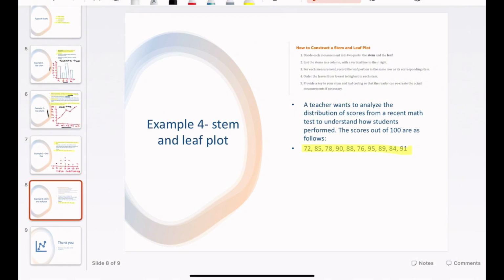So first step is you're going to divide the measurement into 2 parts. So the stem and the leaf. And you are going to draw a line. And so the stems are going to be the tens of the numbers. And the leaf is going to be the ones of the numbers. So the only things that we have are